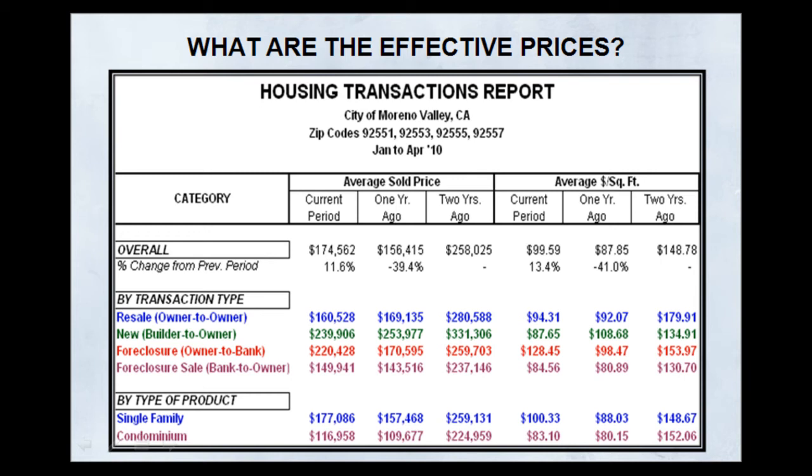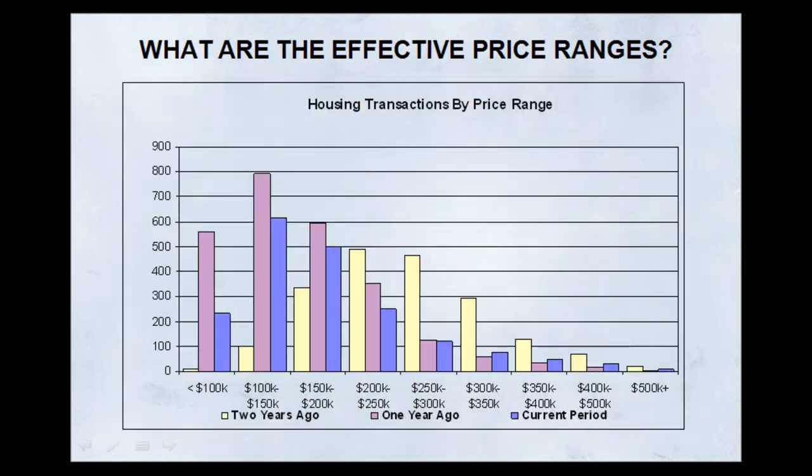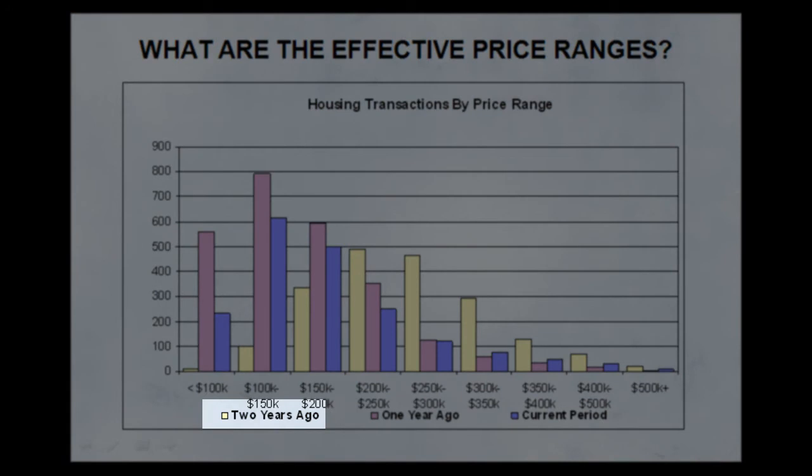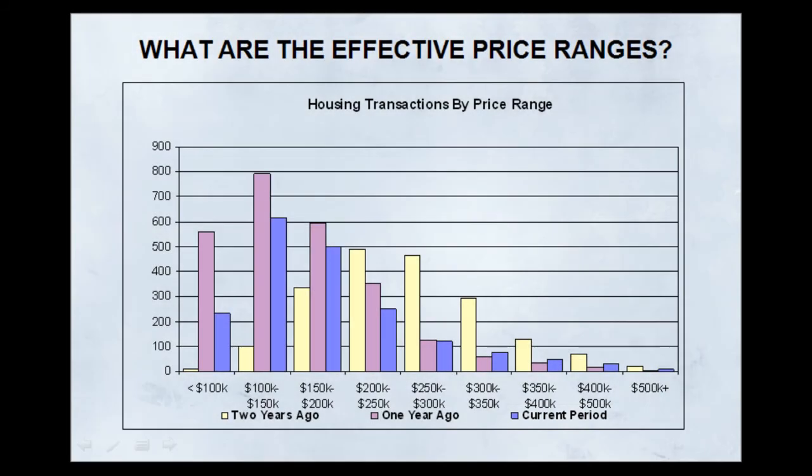You can see the active value ratios and the direction that those have been taking. Here's another way we could look at effective price ranges here. You can see 3-year analysis: 2 years ago shown in yellow, 1 year ago in pink, and the current period in blue. 2 years ago and a year ago, the sales volume really migrated into the lower price points, whereas